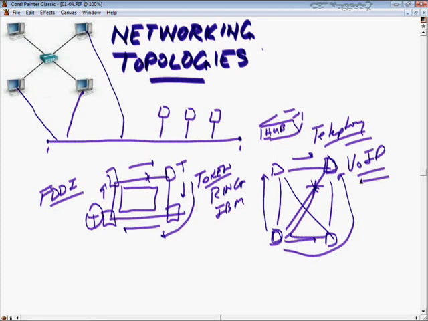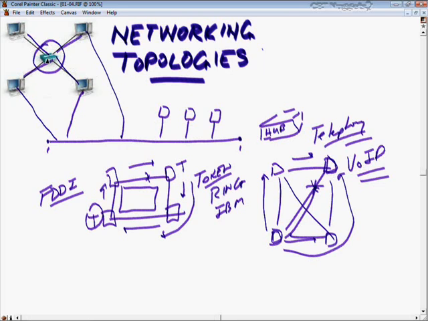Now those are logical topologies, but you can also have a physical topology. For example, I might have my network physically look like a star. For example, this is a star topology up here. My physical star topology looks like a star. I've got a central hub and then other spokes going out to these hosts, but I might be logically using a bus topology. For example, inside of